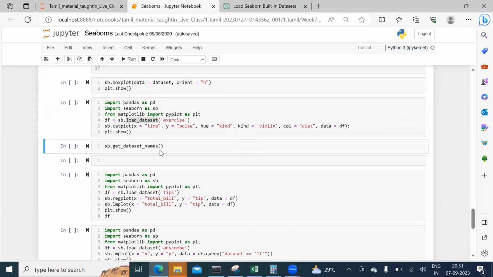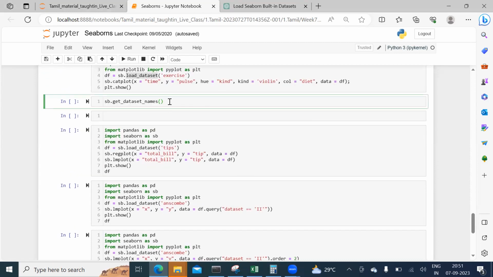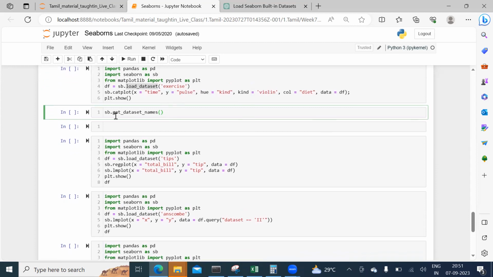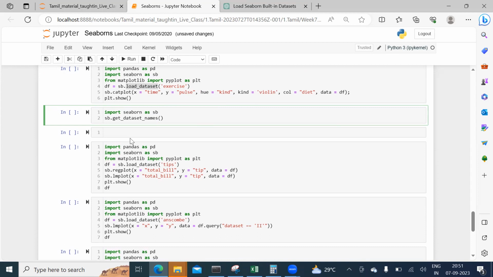Okay. So now what I was trying to do, I was trying to get the Seaborn library. Before this, I need to type in the code. I need to import the Seaborn library first, import seaborn as sns, and then I'm trying to see the list of inbuilt datasets which are already available